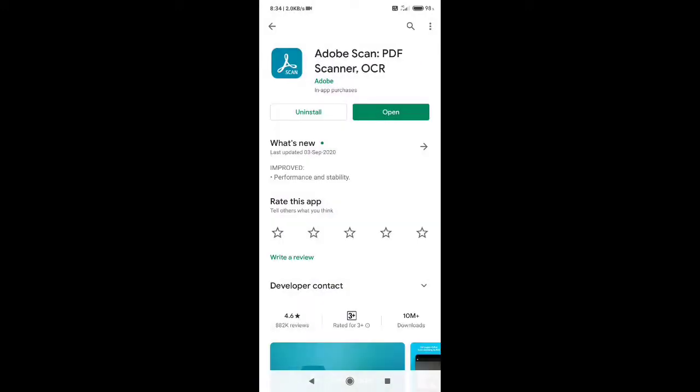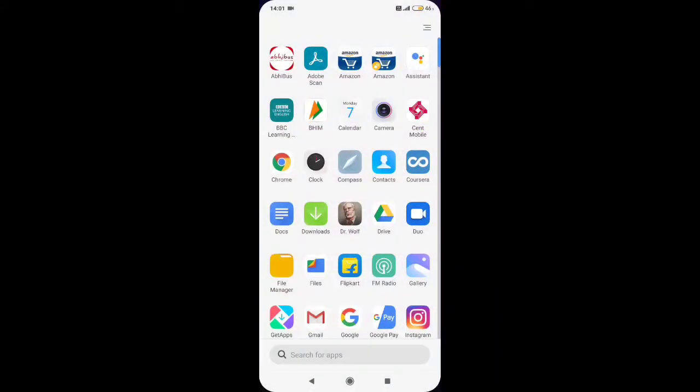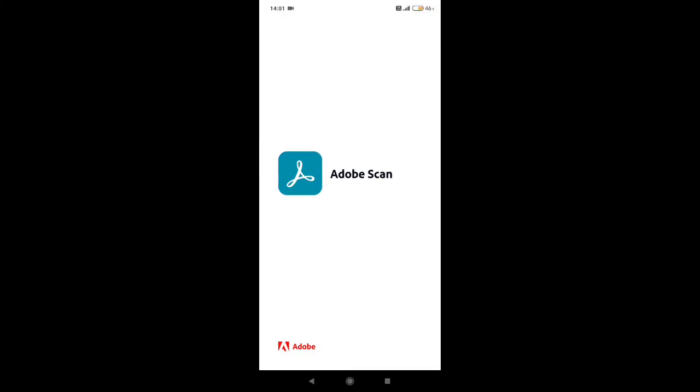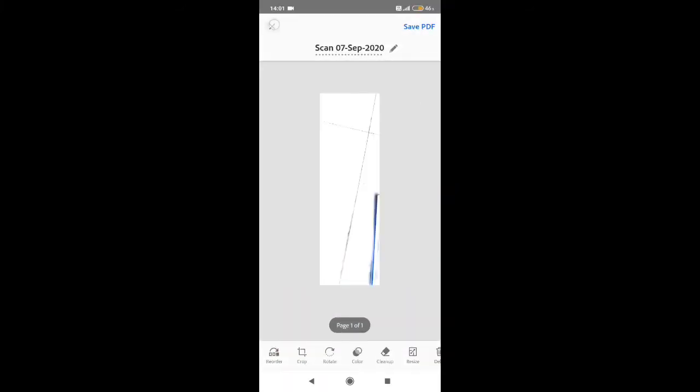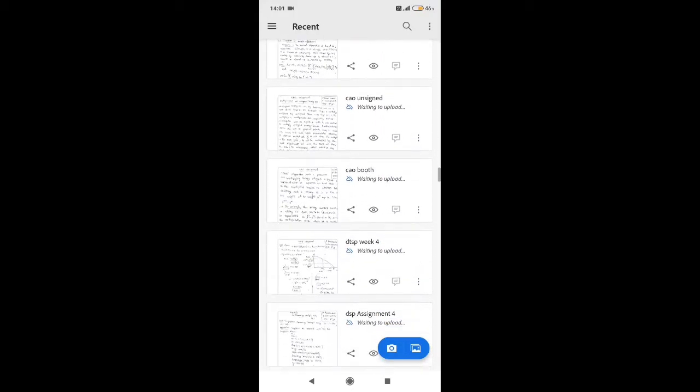So I have been using this app from my initial stages. Like in my college, I didn't use the Cam Scanner app. I only used this Adobe Scan. If you open this app, you can find the interface like this, and these are my recent scanned PDF files.